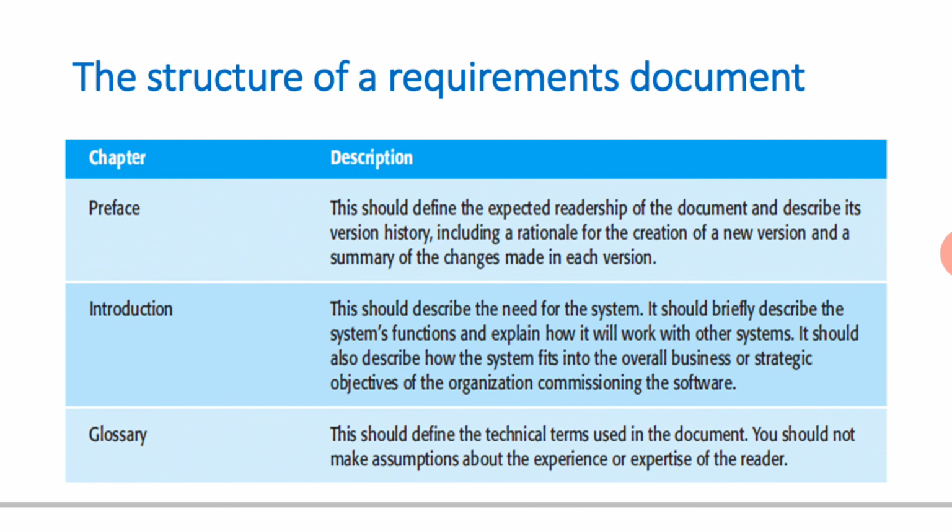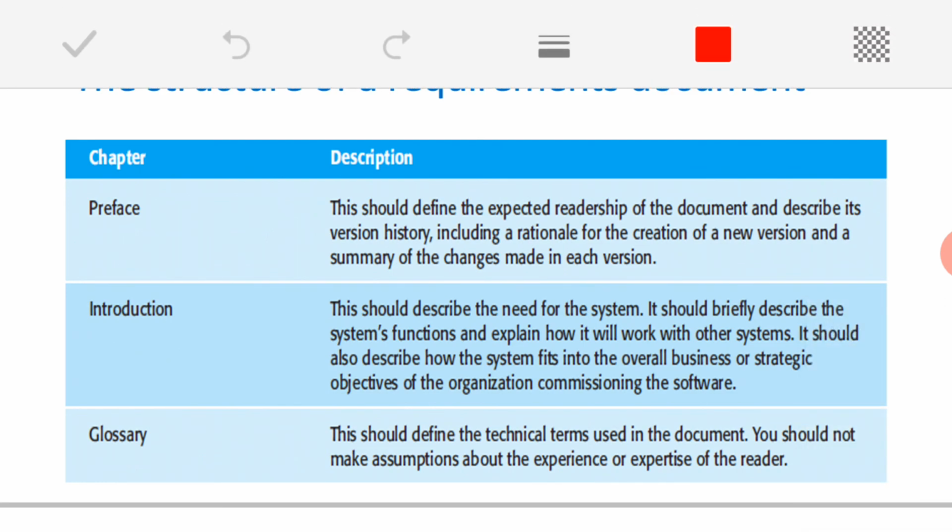Is it clear? Just as every textbook has its own structure, there will be the contents, then an abstract, introduction, then chapters, for every chapter a summary, then questionnaires, index, appendix. So, just like the structure of whatever textbook we might be using, we need to adopt a similar structure for preparing this requirement document. There are different chapters that we need to include here. We will go one by one very briefly.